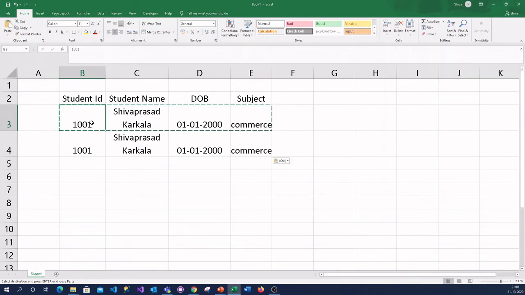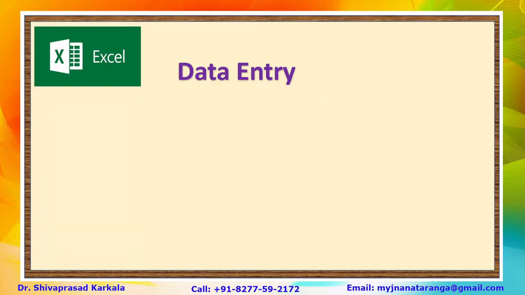This is copy and paste. For copying, you select the data, hold down the Control key and click on C. If you want to paste the data already copied, you can select the cell, hold down the Control key and, while holding it, click on the V button. This way you can paste the data. Now let's move to the next line. You have copied and pasted the data.